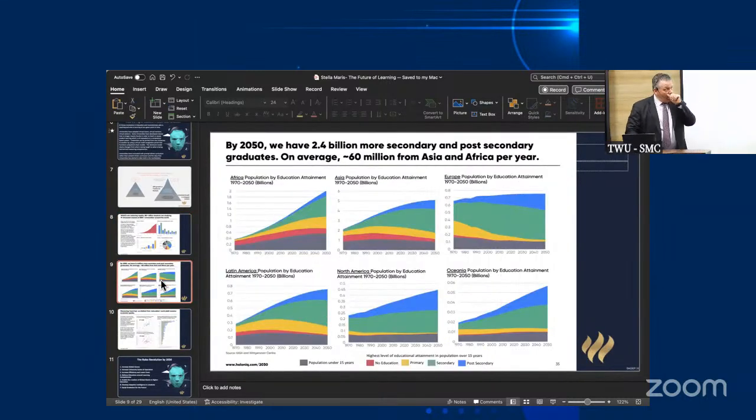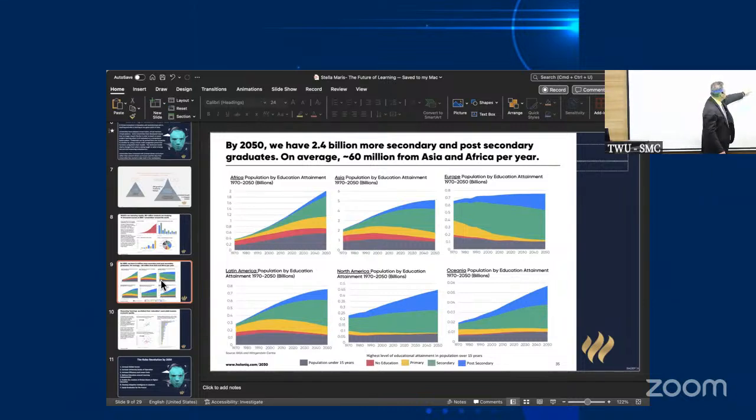I'll show this slide, which shows the population of people in different parts of the world and the type of education that needs to be received. You see the center is secondary high school education. You can look from, say, 2010 to 2020, 2030, up to 2050. Look at some of the numbers. Look at Africa from 2020. Africa, by even 2030, would double the number of secondary and triple the number of post-secondary university students.